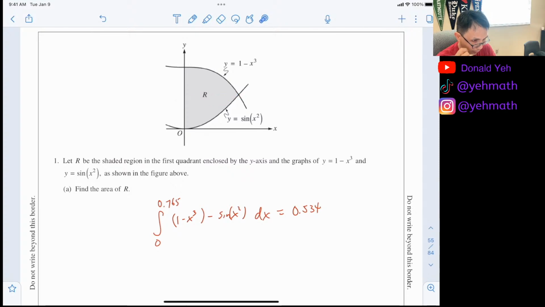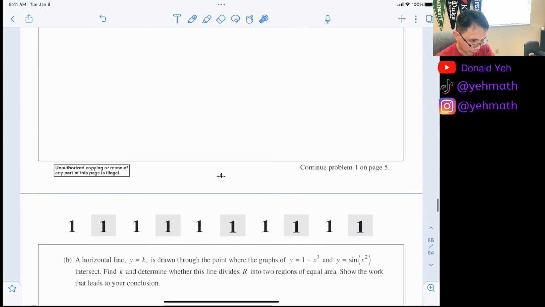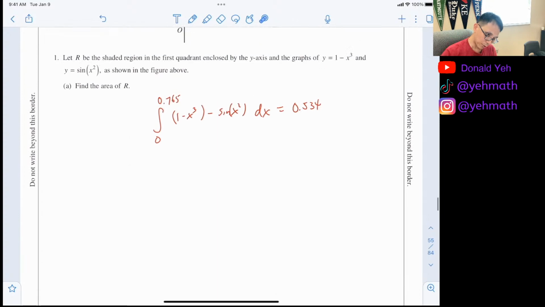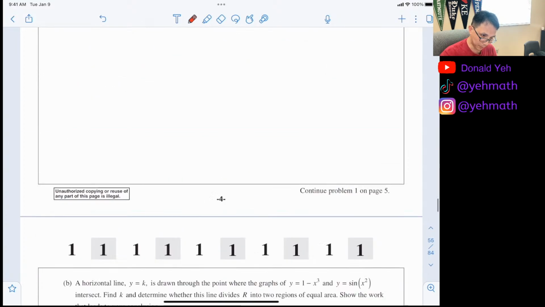It's gonna give you this. Hold on a second, let me see. Y equals K. So 0.534 divided by 2 is equal to integration from 0 to